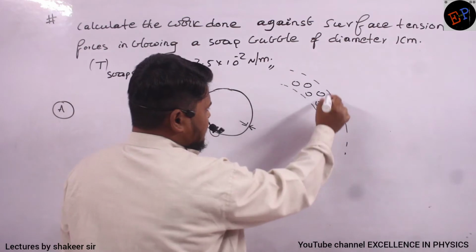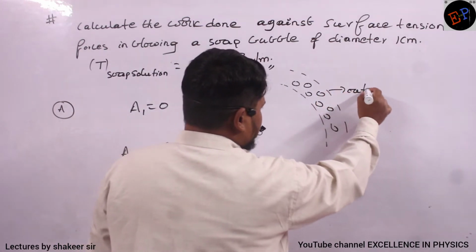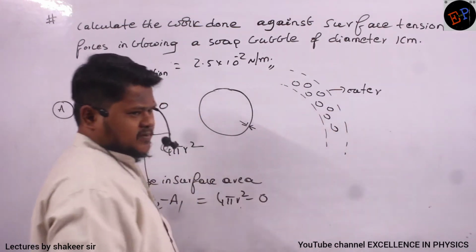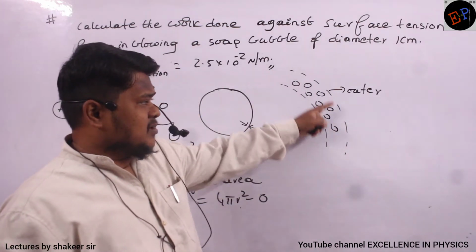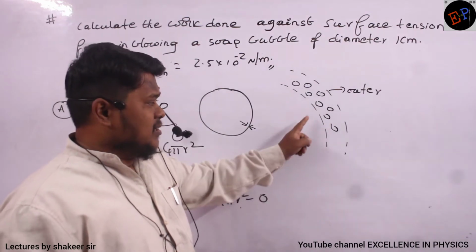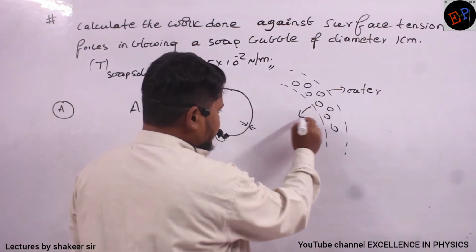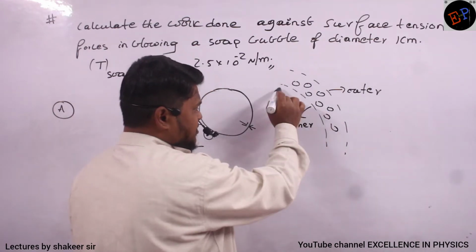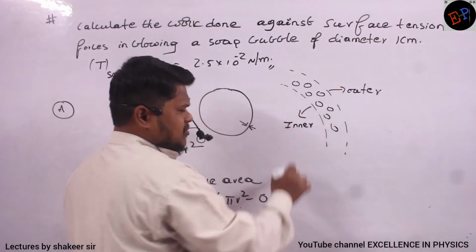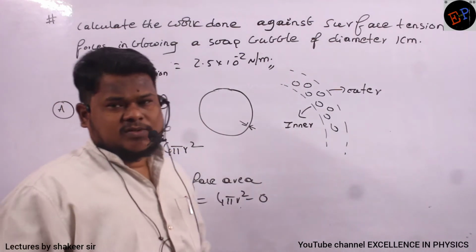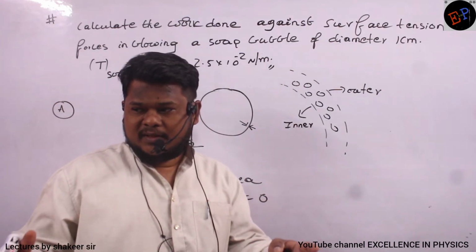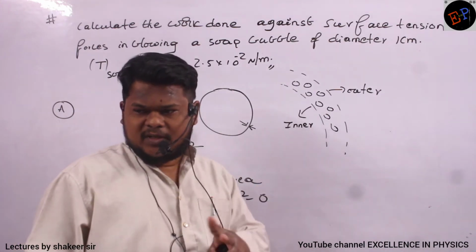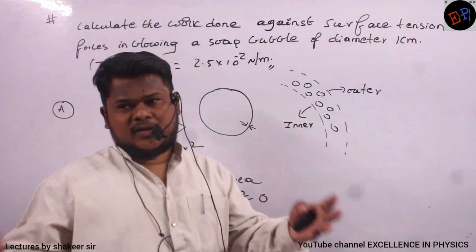Okay. So this is the outer surface, no? Is it open to the atmosphere or not? Definitely open to the atmosphere. So surface tension forces are acting on the outside. And the inner surface also is open to the atmosphere, no? Inner surface also, molecules are absent. Here also, it means this layer is also experiencing surface tension forces. So if you are increasing the area of the soap bubble, you are not increasing only one area, you are increasing 2 areas. What are the 2 areas? One inner area and one outer area.